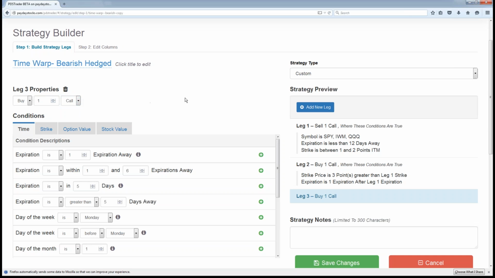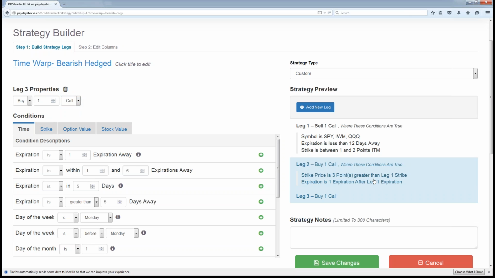So you can go call or put. So here's what I'm going to do, is I'm going to create a calendar spread, which is essentially buying a further away expiration and selling a nearby expiration